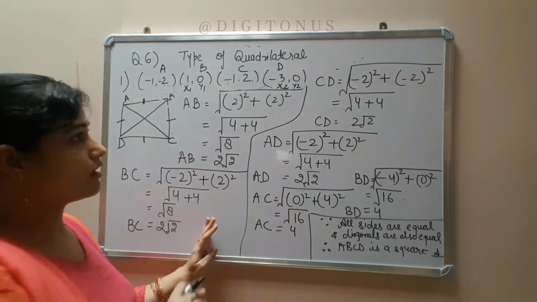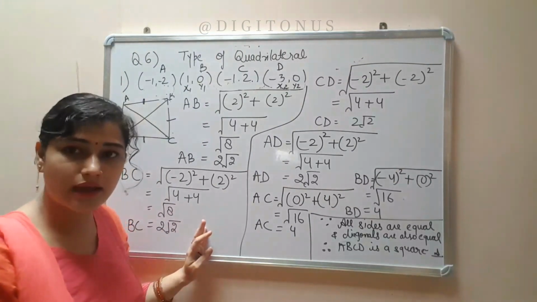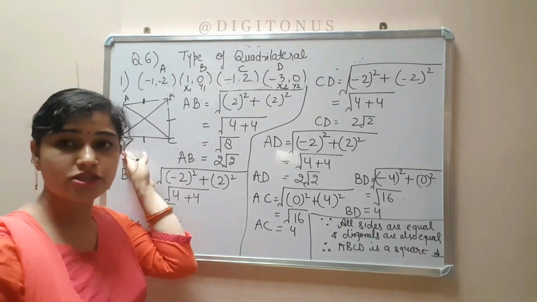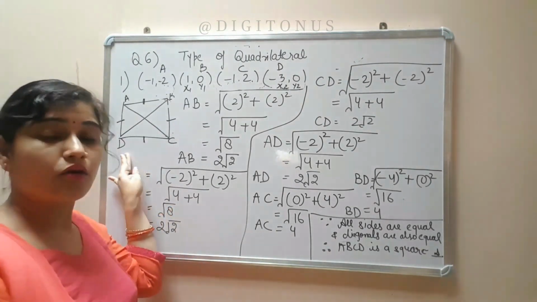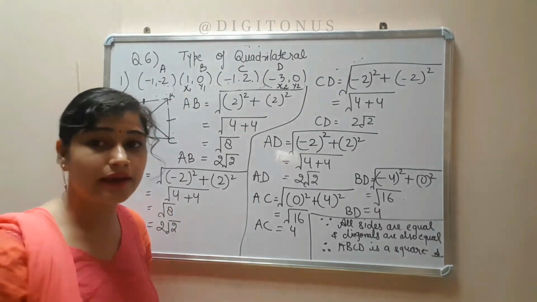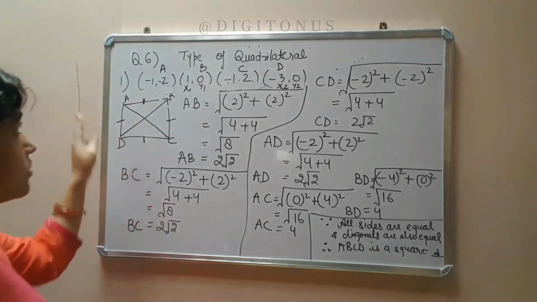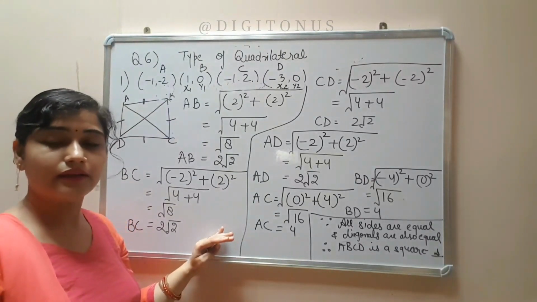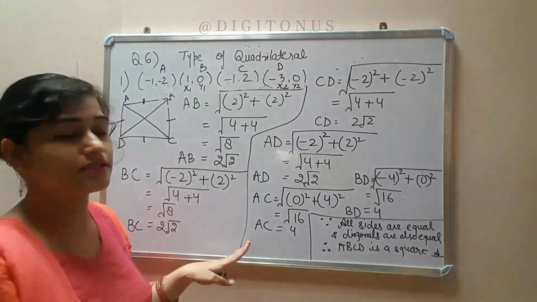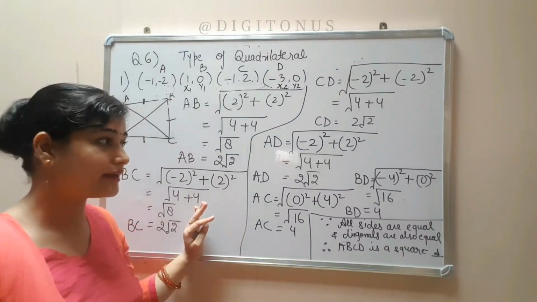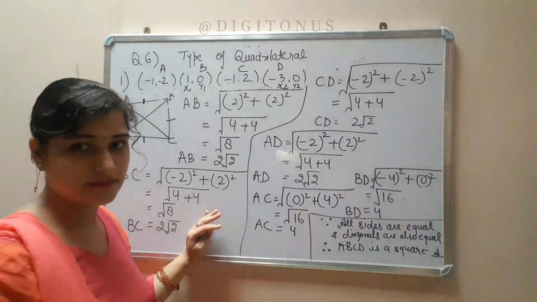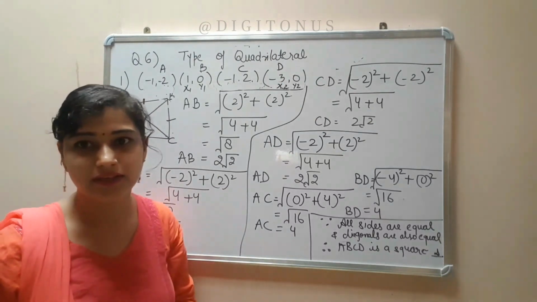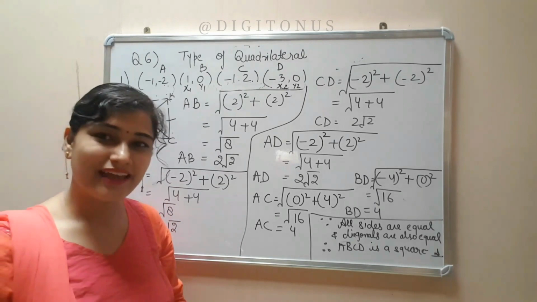So what we have done in this is we have just applied the distance formula only. I told you that the whole exercise is based only on the distance formula, but you should know how to apply it and where to apply it. Okay. So like this we will do all 6 questions. That is, name the type of triangle, and another two parts: find the distance of all sides and diagonals, and then tell which type of quadrilateral this is. One more topic is also left, students, that is equidistance, which we will cover in our next video. I hope you like it. Thank you.